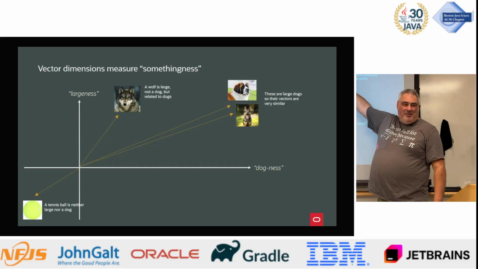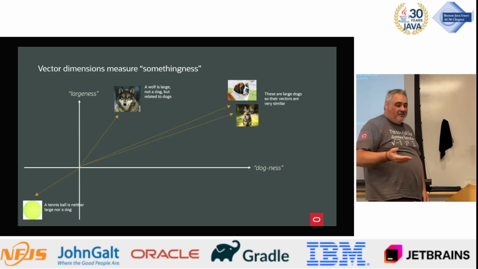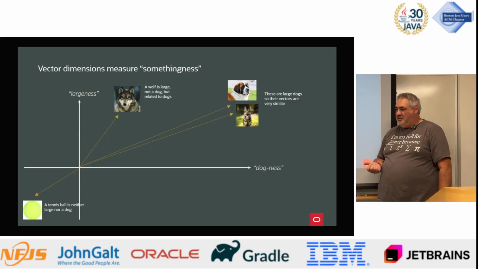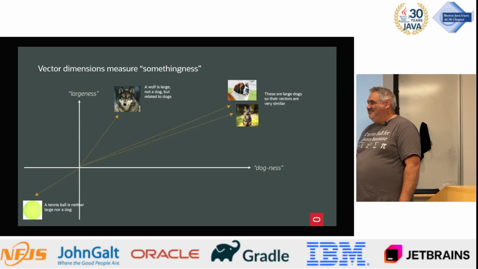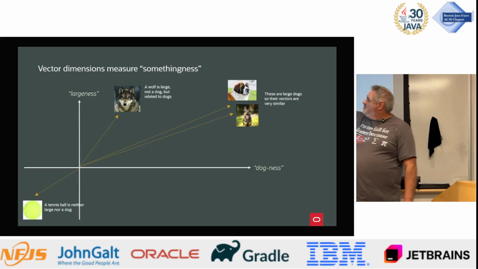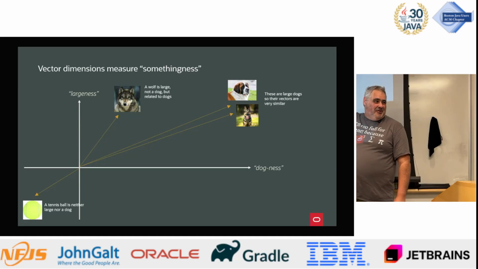And it's also pretty big, and it's also very much a dog, right? Now a wolf is not a dog, really, but all dogs are descended from wolves, right? So there's a relationship between dogs and wolves. They are similar. Canine. Yeah, exactly. And they're pretty big. So you can see it's pretty high and large, but it's not so close to the dogs. You know, it's kind of like a dog, but it's not a dog.